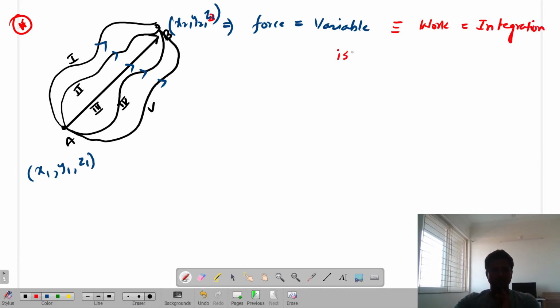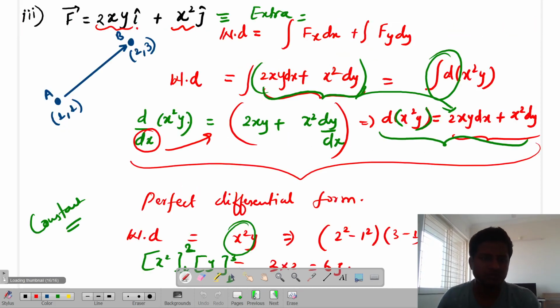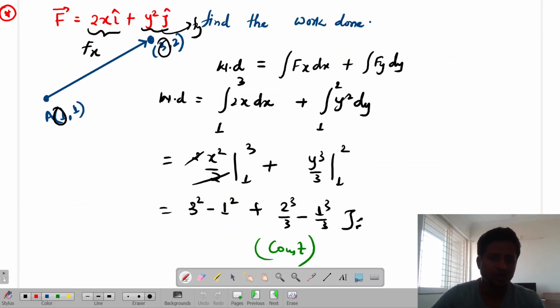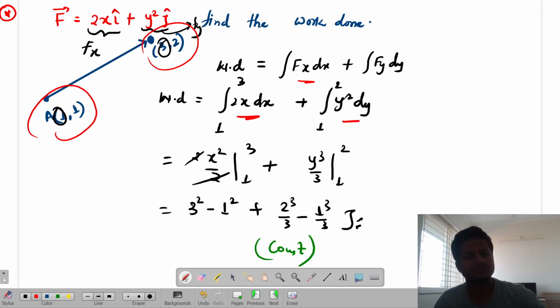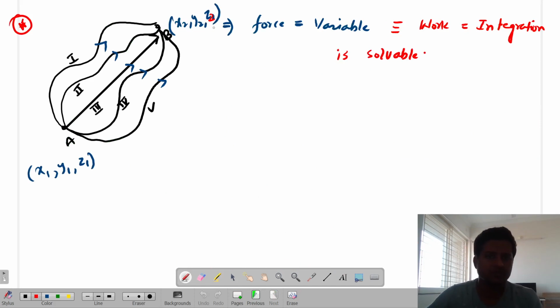इंटीग्रेशन इज सॉल्वेबल। तो अगर इंटीग्रेशन सॉल्वेबल होगा तो देखो ध्यान से, फोर्स वेरिएबल होते हैं और इंटीग्रेशन अगर सॉल्वेबल है तो वो इस पाथ के ऊपर डिपेंड नहीं करते हैं, बल्कि इनिशियल और फाइनल कोऑर्डिनेट के ऊपर डिपेंड कर रहे हैं या नहीं कर रहे हैं, कर रहे हैं ना। तो ध्यान से देखो, इफ आई सेलेक्ट ऑल दिस पाथ्स एंड इफ आई नो x1 y1 z1, x2 y2 z2 और इंटीग्रेशन इज सॉल्वेबल although the force is variable, the work done will only depend upon what, initial point and फाइनल पॉइंट। तभी तो मेरा वर्क डन कैसा आएगा, कांस्टेंट।